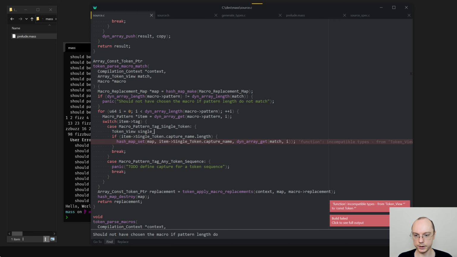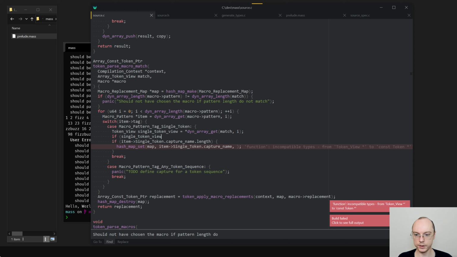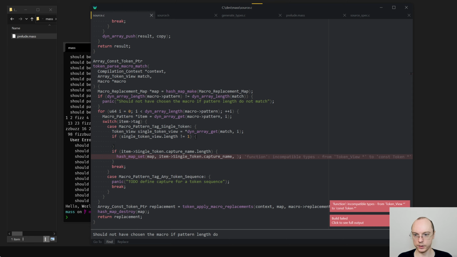Token view single token view is this stuff. If single token view length is not 1, let's be specific. We say that is now good.